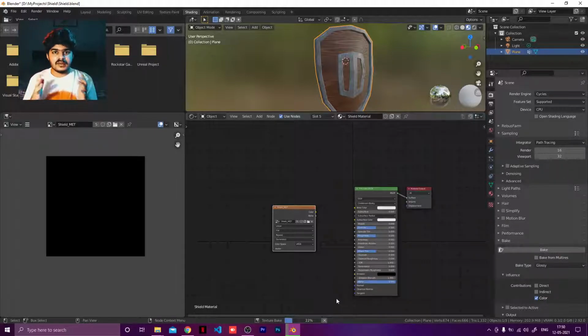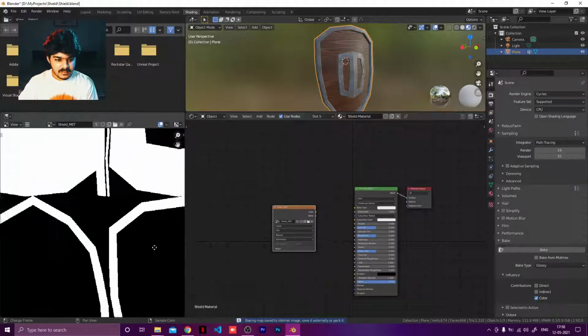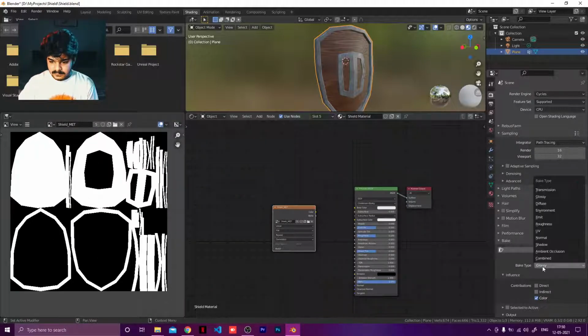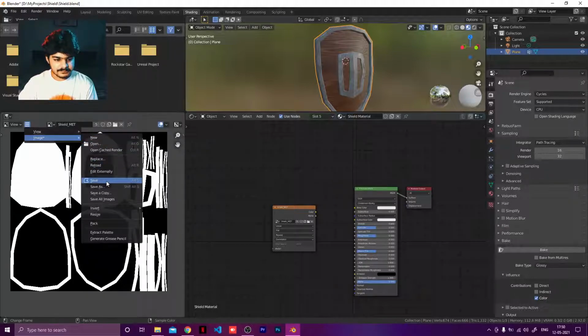I'm telling you one thing, that the quality of these textures are not good because one, I'm just using 1K textures, and two, the render quality here is very less. So just bear with me and it'll be good to go, I think. Okay, once that is also done, I think we're good to go. We just have to save this somewhere.